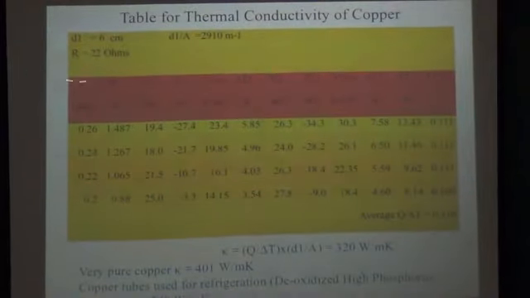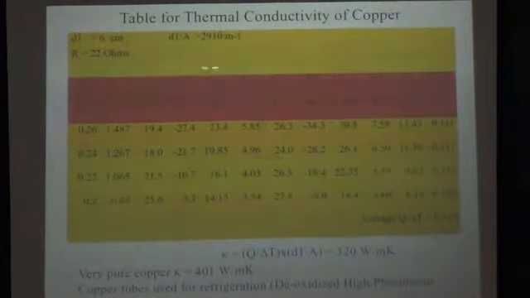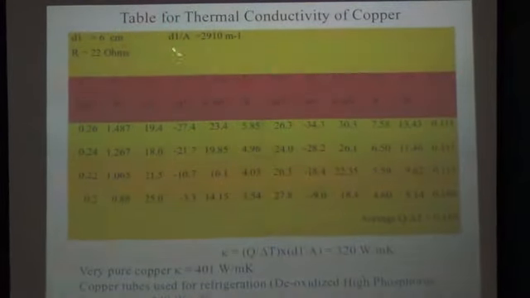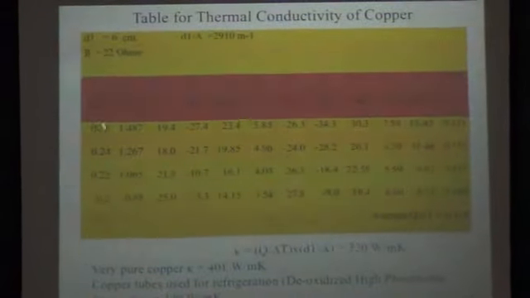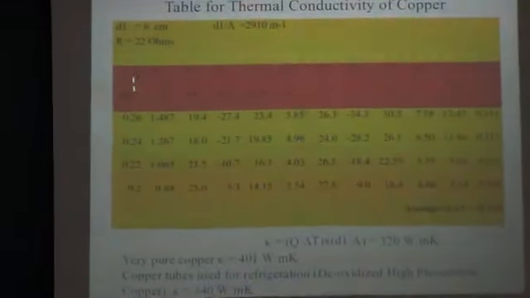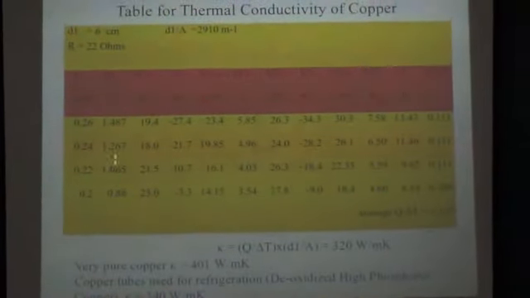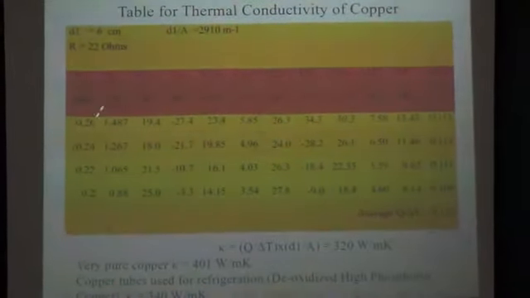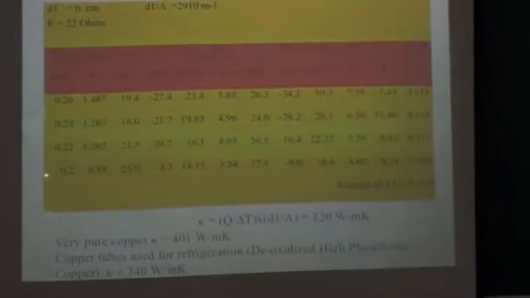This is the table that you have to make. D1 is known; for my readings, it was 6 centimeter. D1 upon A you can calculate. The resistance of a heater is this one. So what you measure? You first set the current, you wait for 45 minutes. This is simply I square R. R is known, R is 22 ohms. So this column is simply I square R.